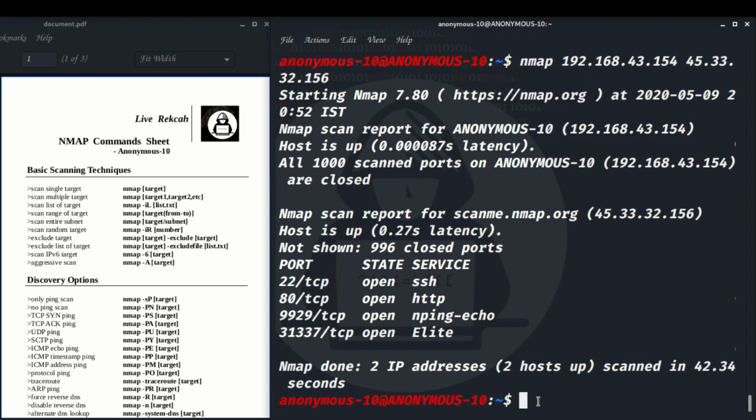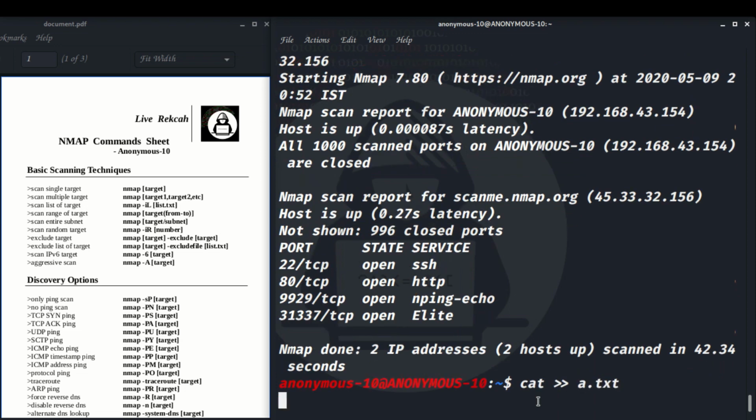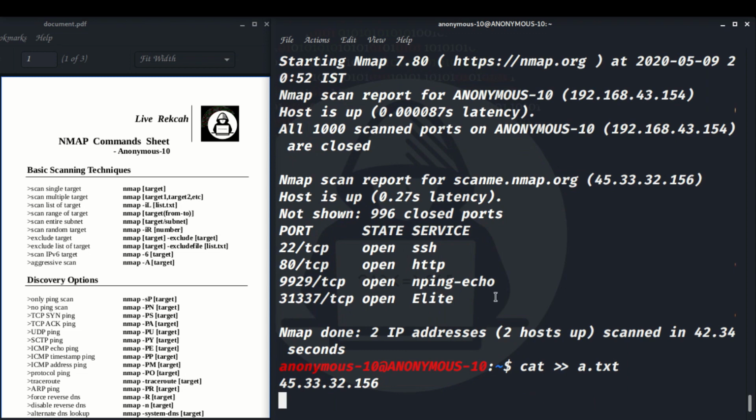Now what we are going to see is that we are not going to remember every IP address and type like this. Let us consider you have a customer and he asks you to trace information about these targets, and he gives you a list. How do we use Nmap on such a list? Let's see. What I am going to do is just cat. I think these are all commands I taught you already. a.txt. In a.txt, I'm going to paste these IP addresses. Enter. Another IP address is this one. That's all.